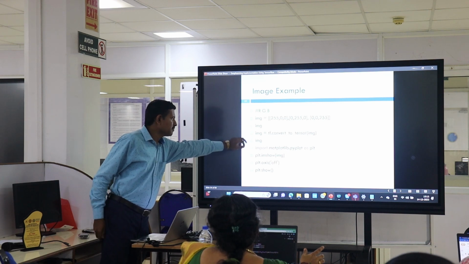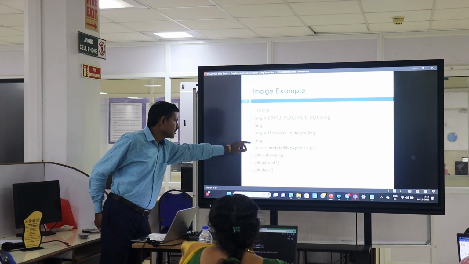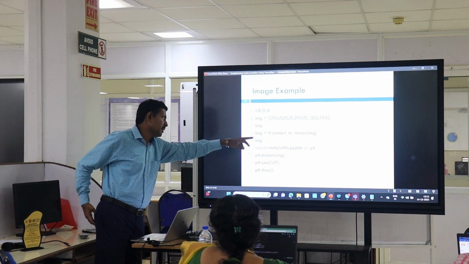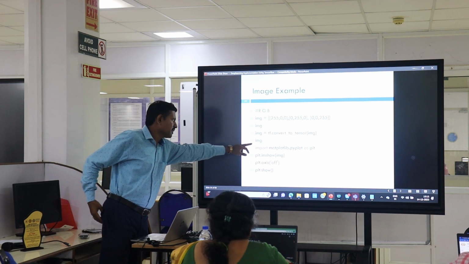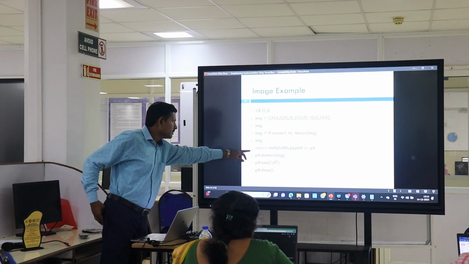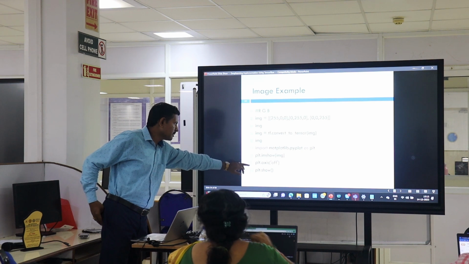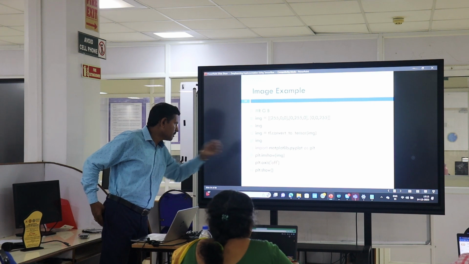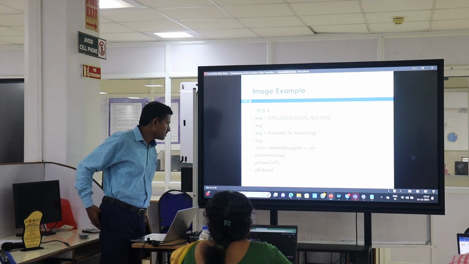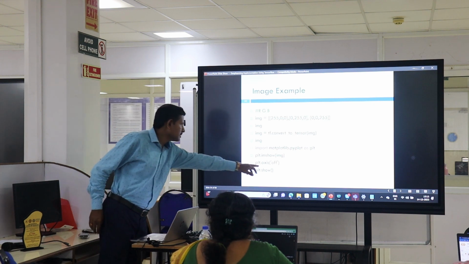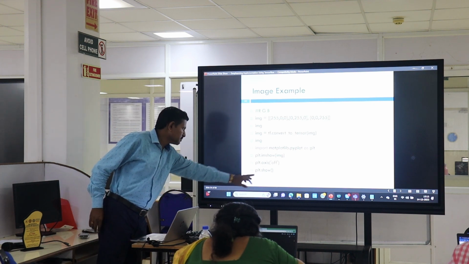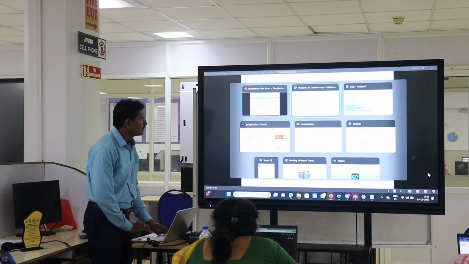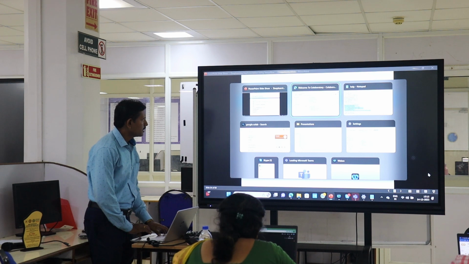To display the image, then img equal to tf dot convert to tensor image. I am converting into the tensor image. Then I am displaying here. This is for showing the image in pictorial representation. So here I am using plt.imshow image. I am giving the axis off. Then I am showing. I am just executing this program. If you want, you can execute on your side. Otherwise, we will move on.